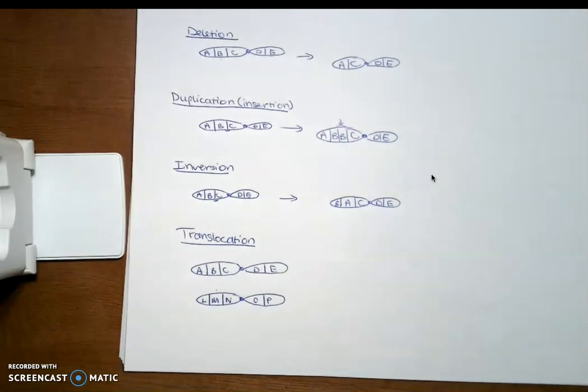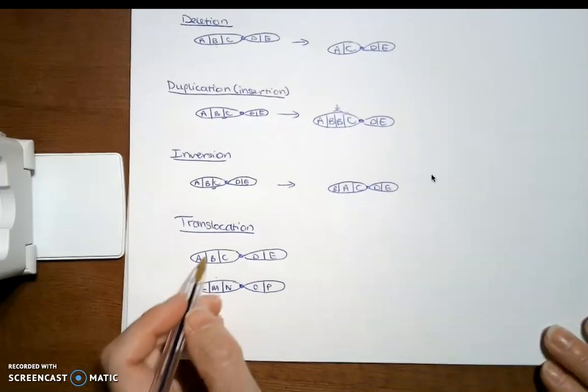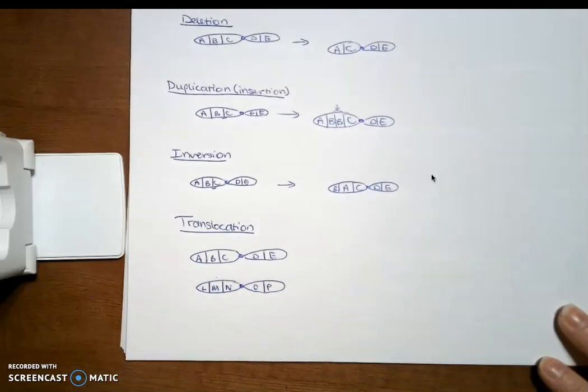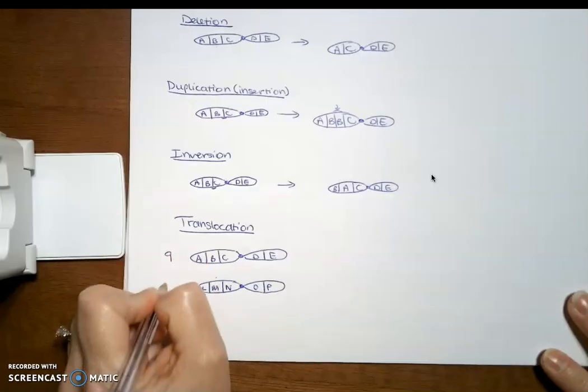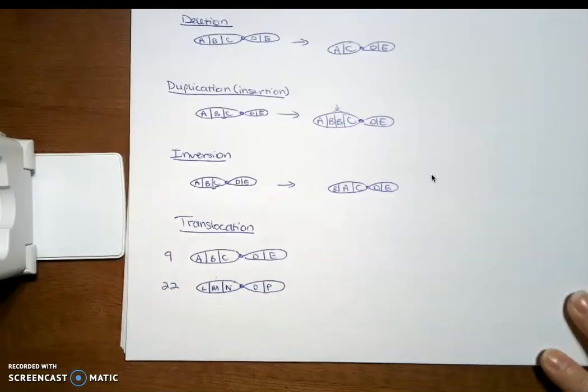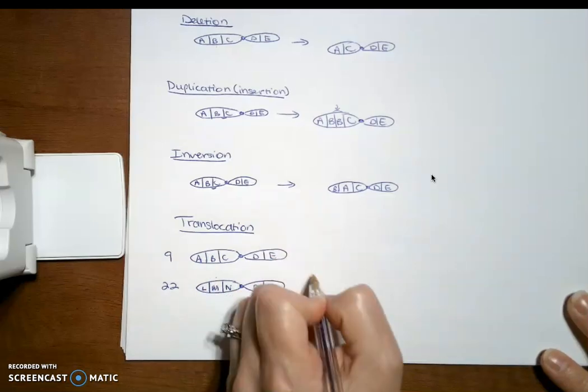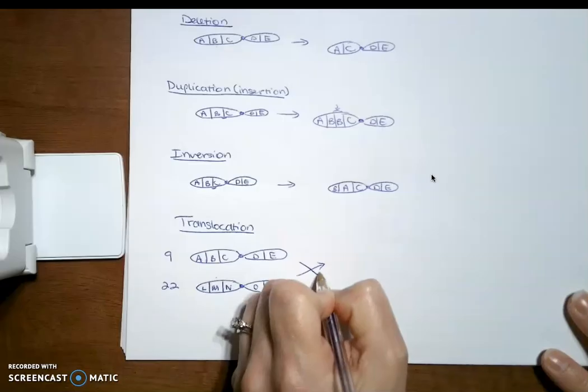And then the last type of chromosomal mutation is a translocation, and this is going to look a lot like crossing over. The difference is crossing over occurs in homologous chromosomes, so like mom's number 1 and dad's number 1. A translocation is happening in 2 different chromosomes, like number 9 and number 22. But the same kind of concept is going to happen. A piece breaks off and gets reattached. Trans means across a distance, and so these chunks of chromosomes are being relocated across a distance, you could say. And so what this is going to look like,